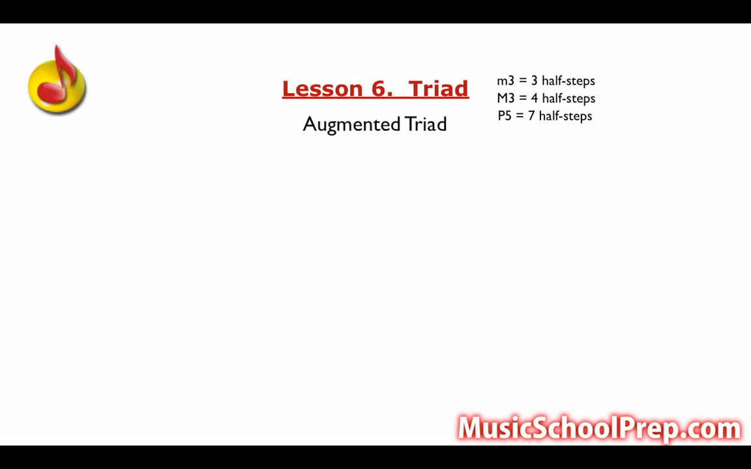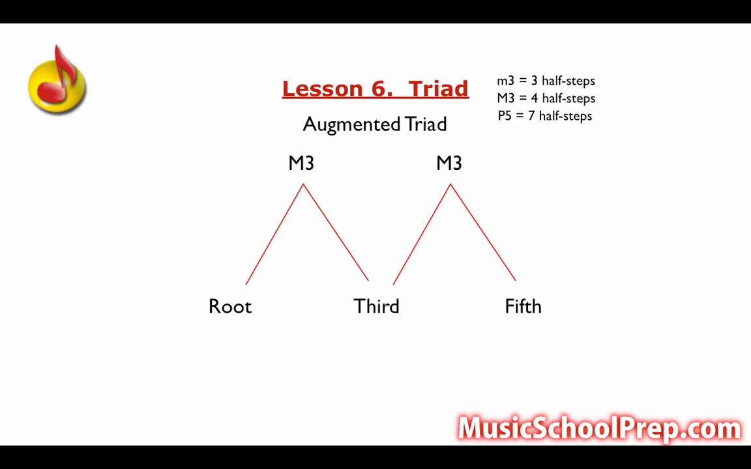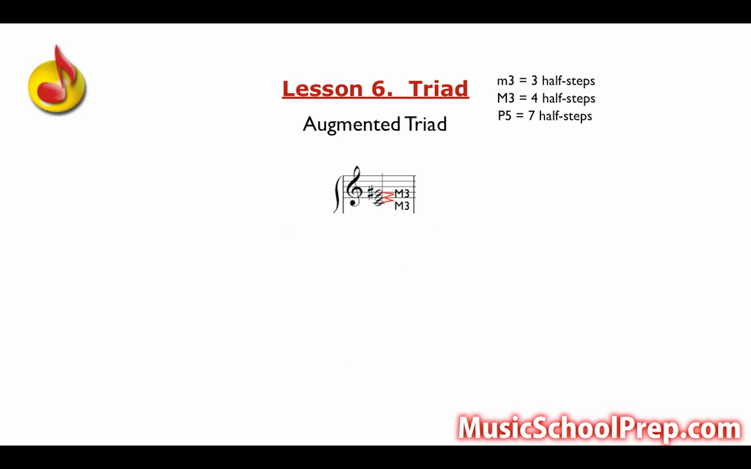Augmented triad. An augmented triad is almost the opposite of a diminished triad. Instead of two minor thirds, we have two major thirds, one on top of the other. The interval between the root and the fifth is an augmented fifth. So, starting on C,